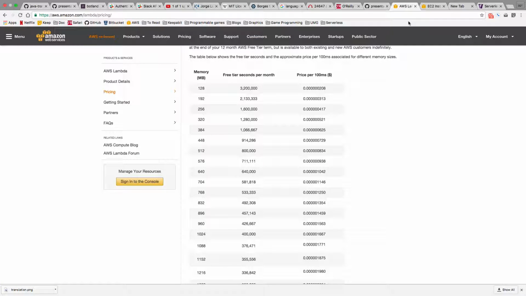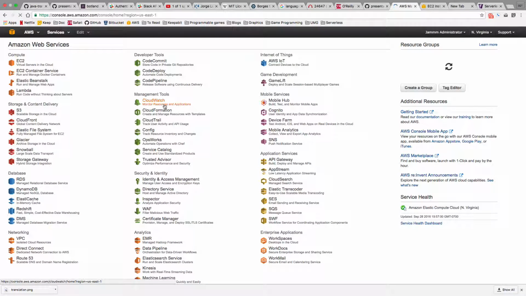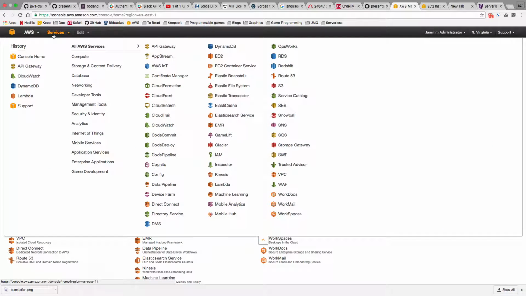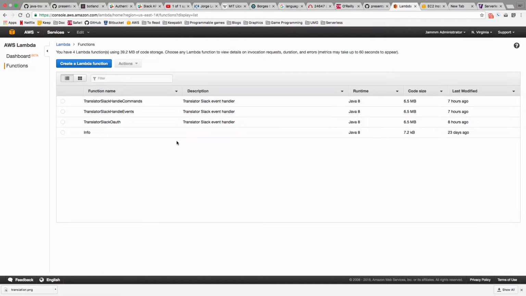Let me log in. Let me go to my account from here. Yep, I'm logged in. So we can go over to make sure I'm logged in the right account. Yep, Jam Administrator. Let's go over to Lambda. So you can see I have a few Lambda functions here. This is an old one for an old bot I was writing that I had to change directions on. By the way, I started out writing one bot, then found out somebody had completely solved the problem perfectly well, and so I had to write a different bot.